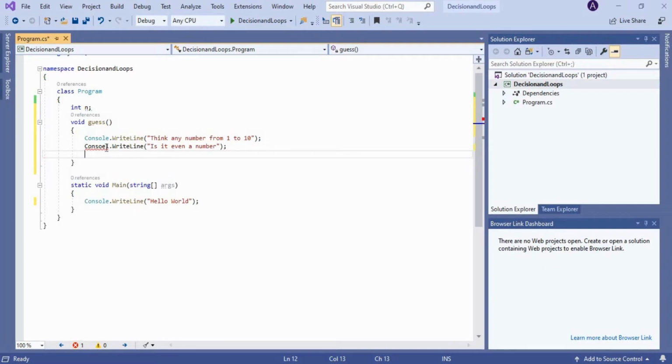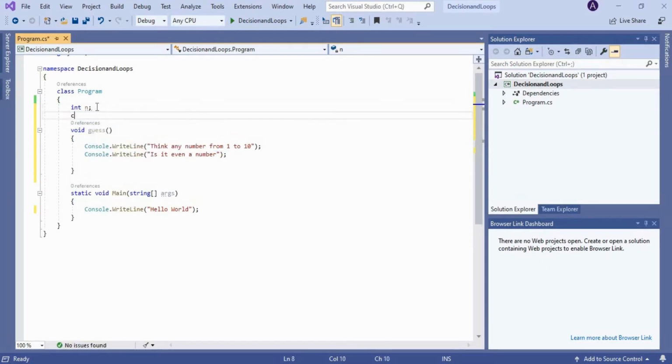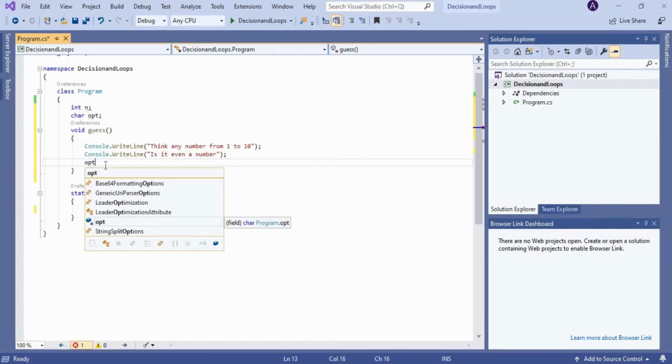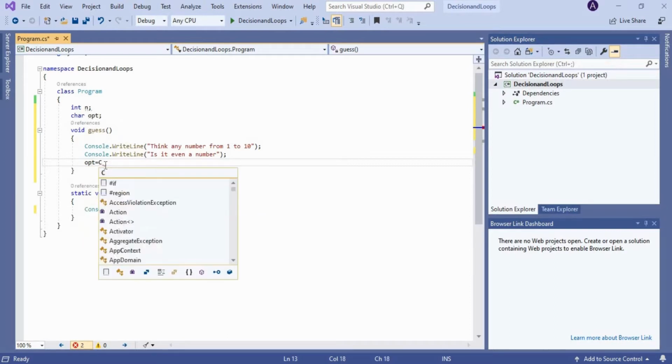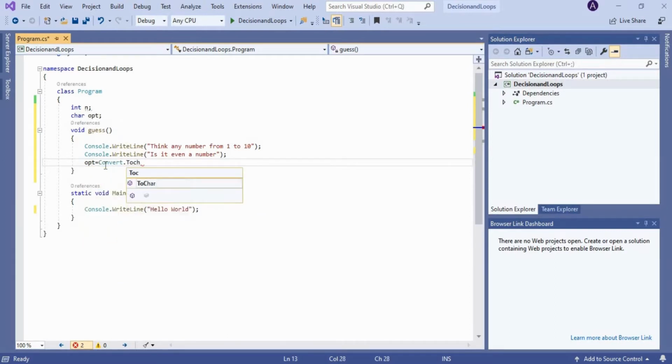For reading this particular value from the user, we can have another variable called option. Let the variable be of character type, char option. Here we need to store the value entered by the user in this variable: option is equal to Convert.ToChar of Console.ReadLine(). Since our variable option is of type char, we convert the input into character type.